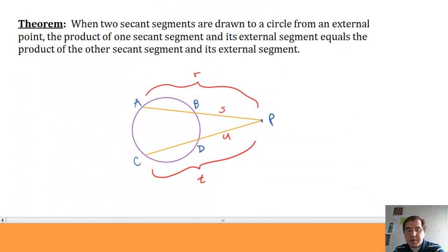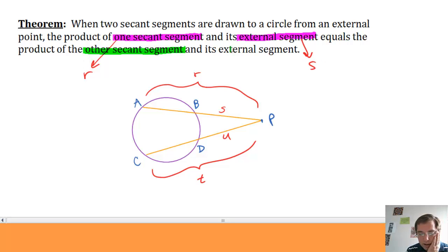So when two secant segments are drawn to a circle from an external point, the product of one secant segment and its external segment equals the product of the other secant segment and its external segment. A lot of words to express a fairly simple idea. So when we say the product of one secant segment and its external segment, we're referring to, say, R is a secant segment of the entire secant AP, and its external segment would be S. And then the other secant segment and its external segment would be T, the whole secant, and its external segment